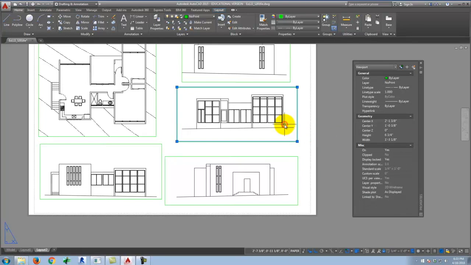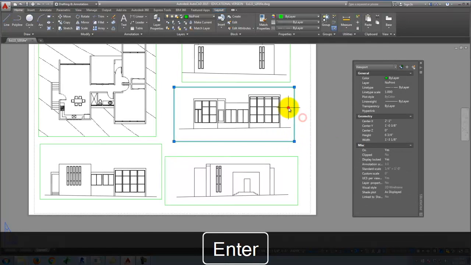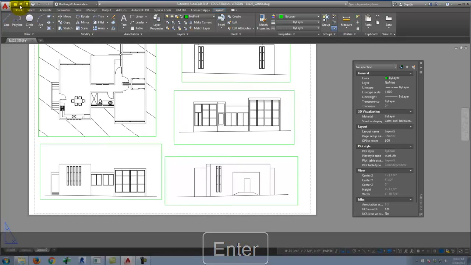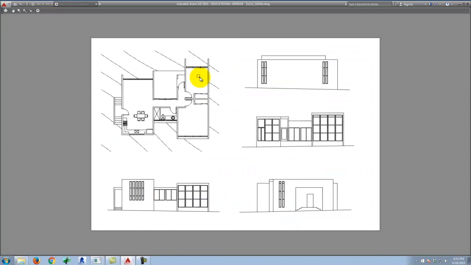That might have been too much. Maybe like that. And it also feels like it needs to move down just a little bit. Move it down a little bit. And again, I'll go to print. And I keep using this preview to see exactly what my drawing is going to look like. Okay? So that looks exactly as I want it to look, and I'm happy with it. I'll go ahead and hit escape